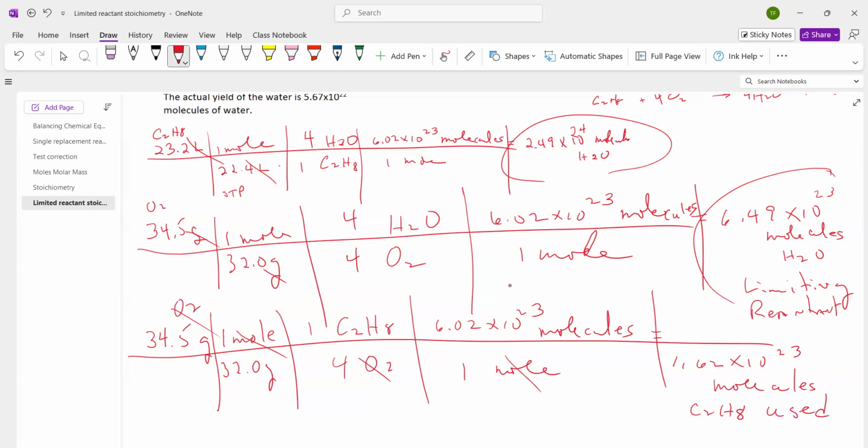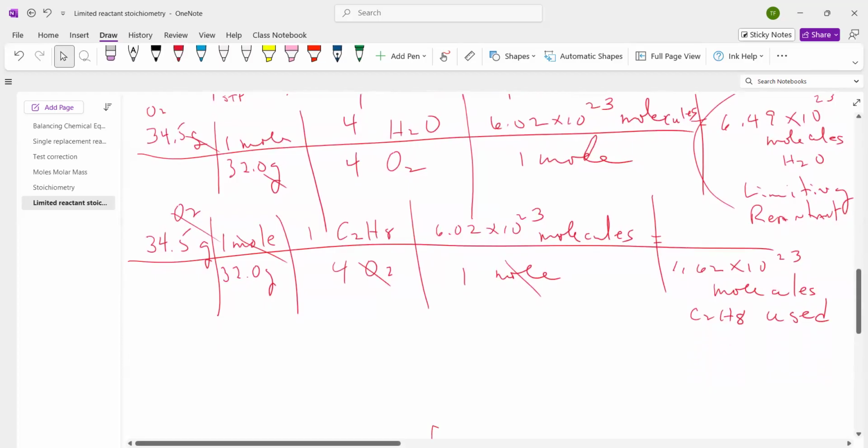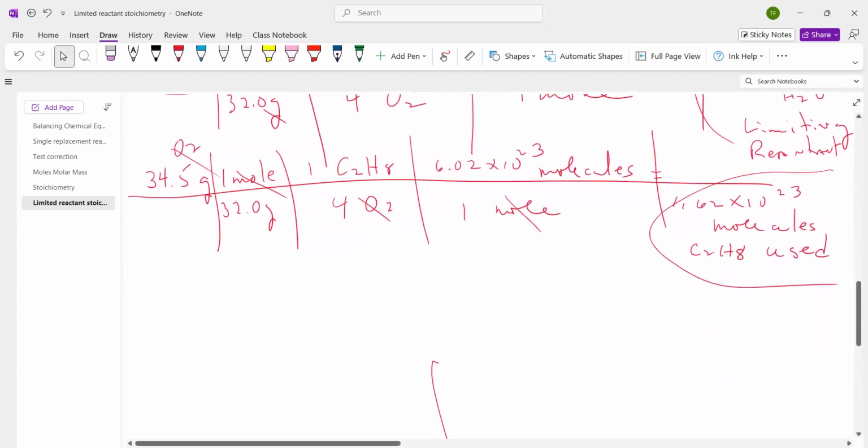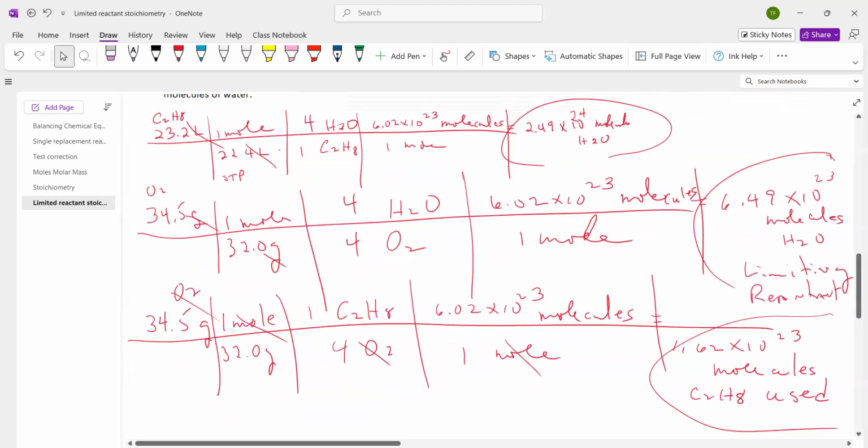Okay, so we've used 1.62 times 10 to the 23 molecules of the non-limiting reagent. Now we subtract that from what we started with, and it'll tell us how much is left over. Okay, so we started with